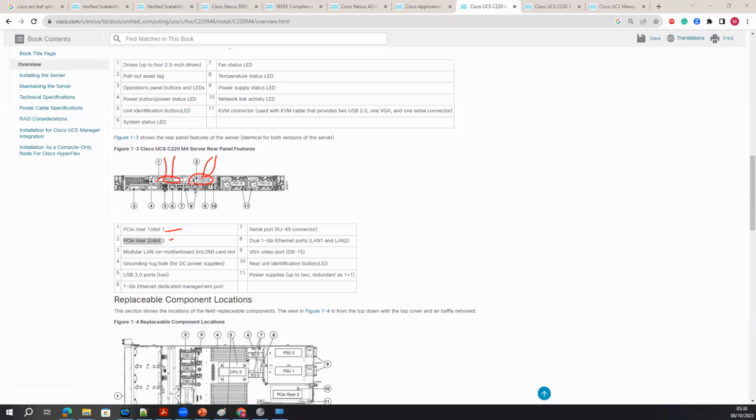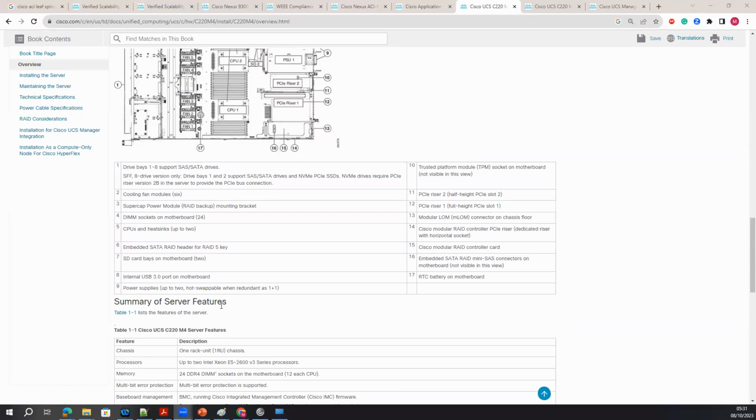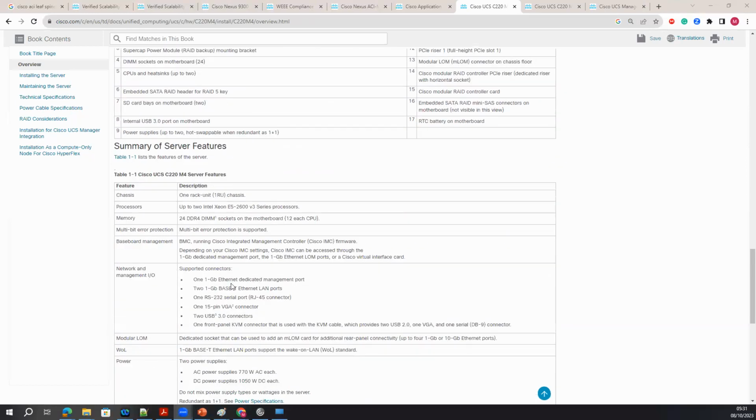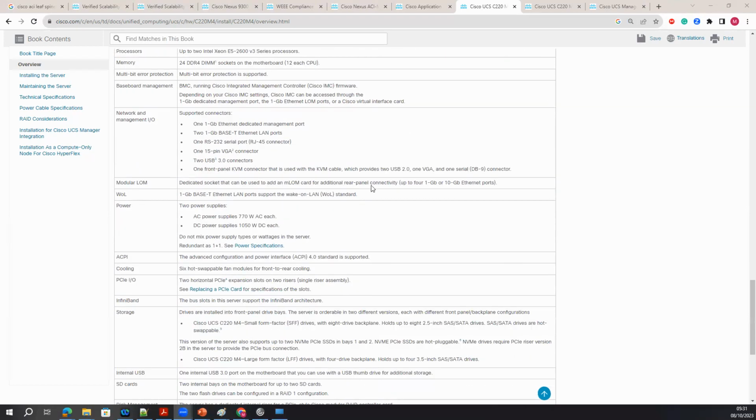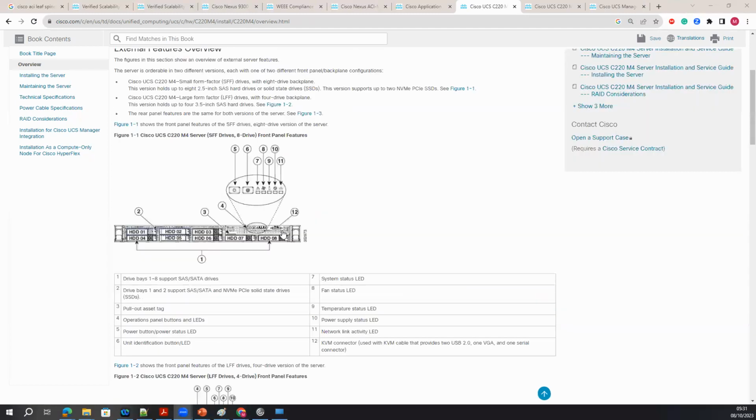So there are two slots. Either you can ask Cisco to give you copper ports, or you can ask Cisco to give fiber ports. If you are using fiber ports, there is a specific VIC card available for the ACI specific configuration, which is the VIC 1225, 1220, something like that. And where is the VIC?